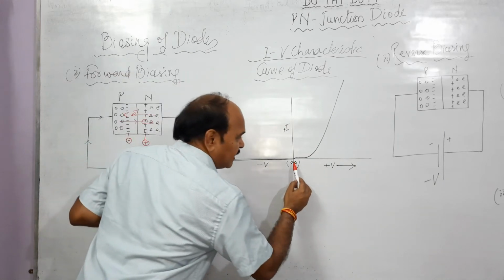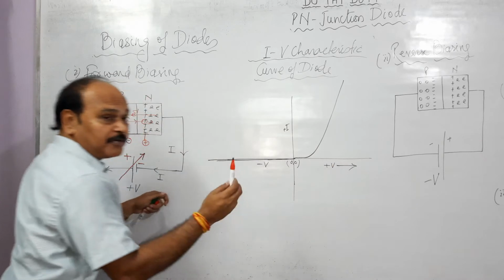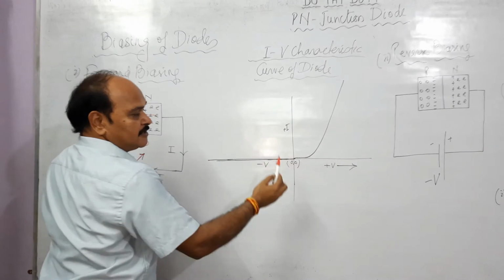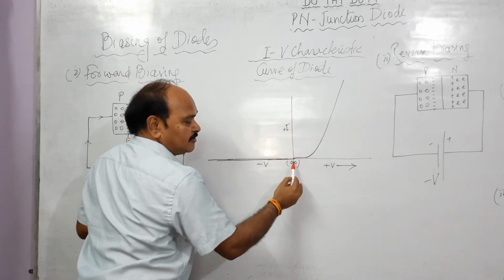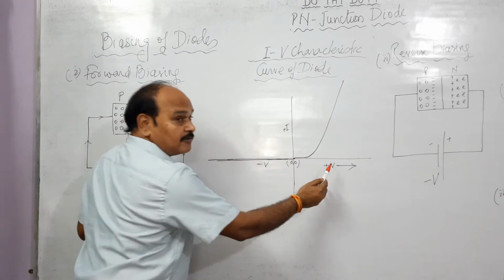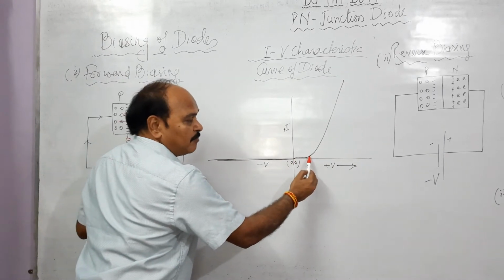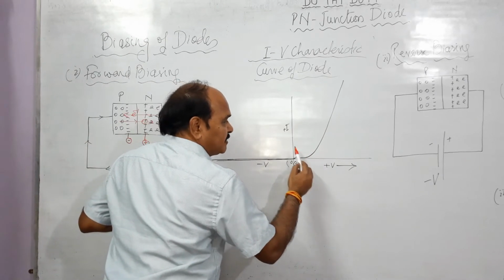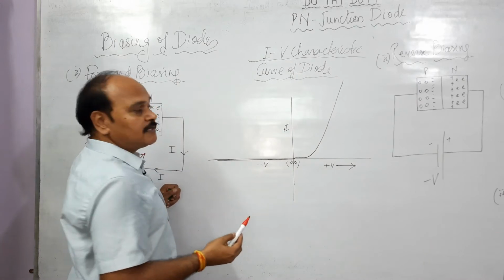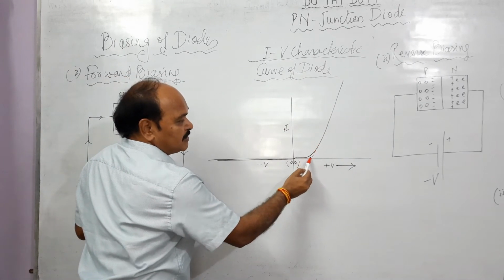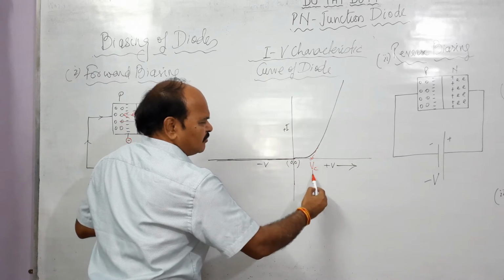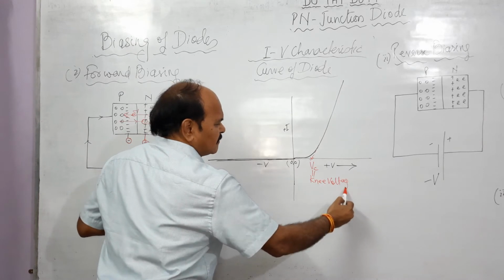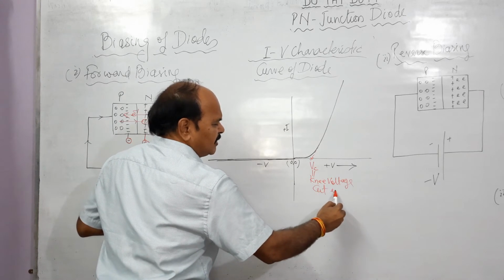This is the x-axis, where we have V, the potential difference of the battery connected in forward bias, and this is the current in the circuit. See, when the potential difference is zero, the current is zero. As we increase the potential difference connected across the diode, the current initially remains zero. But beyond a certain value of voltage, the current starts increasing with the further increase of voltage. This voltage beyond which the current starts increasing is called the knee voltage. We also call this the cut-in voltage.